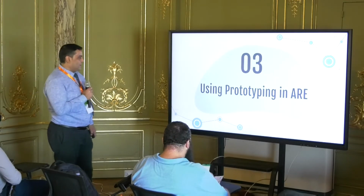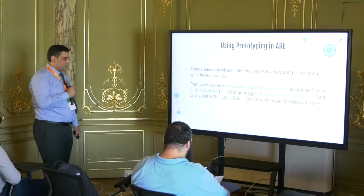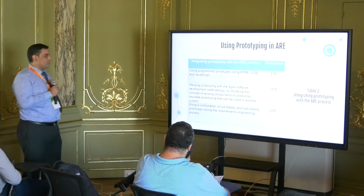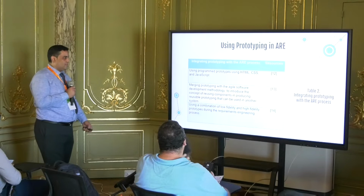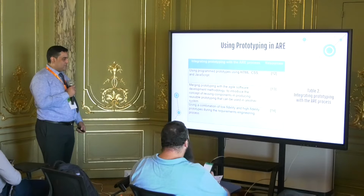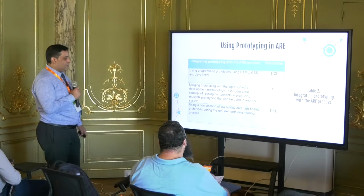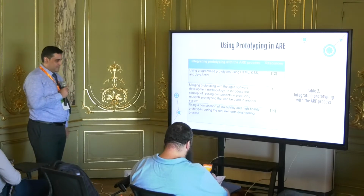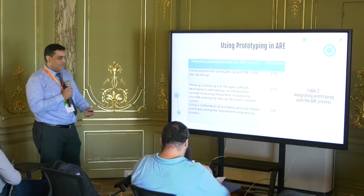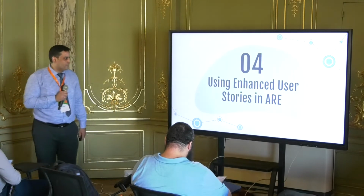Some researchers use, as I mentioned, prototyping for enhancing Agile requirements. This research is an example. Some use a programmatic prototype using HTML, CSS, and JavaScript to support the user story. Others introduce the concept of reusable components, producing a reusable prototype to be used in other systems. Another research uses a combination of low-fidelity and high-fidelity mockups during the requirement engineering process, using enriched